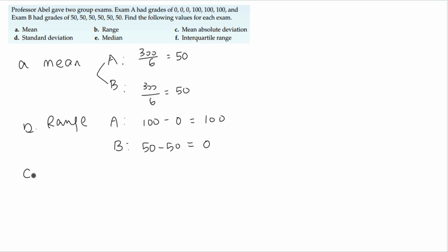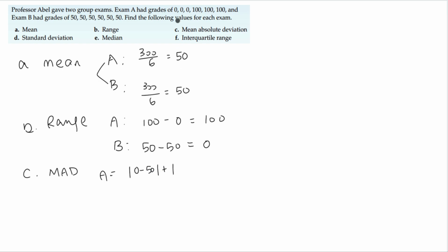Now let's look at part C. Mean absolute deviation. We abbreviate that with MAD, mean absolute deviation. So to find the mean absolute deviation, let's do A first. You can do the absolute value of the difference between the mean and actual values. So we can do 0 minus mean, 50,